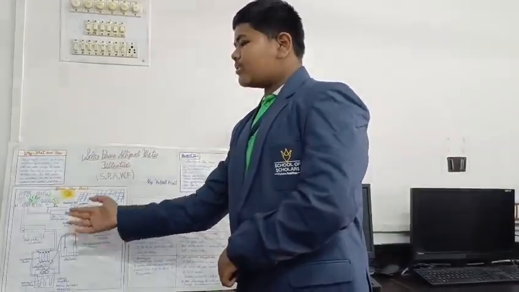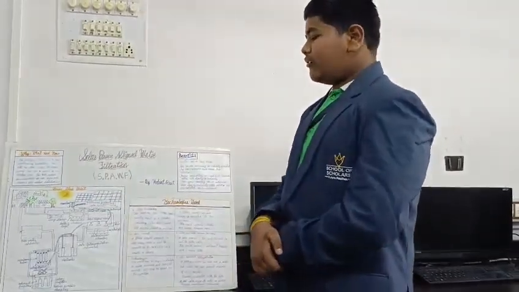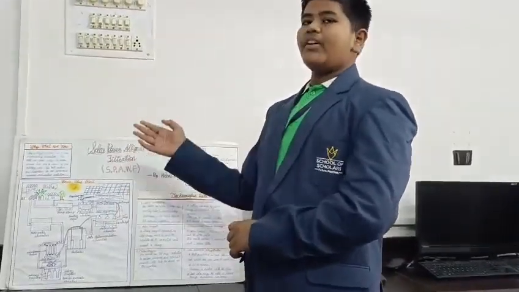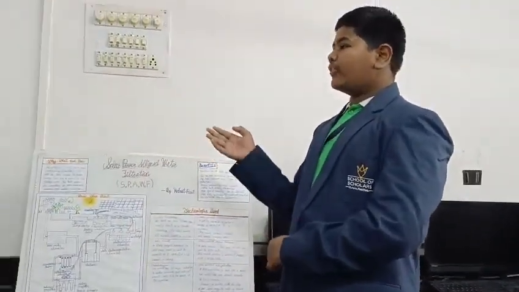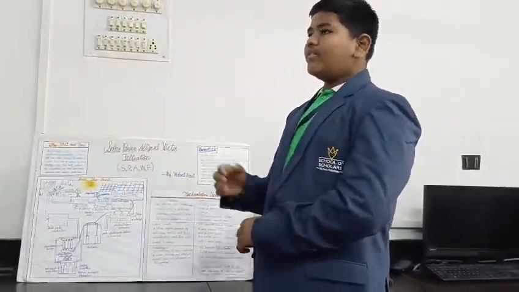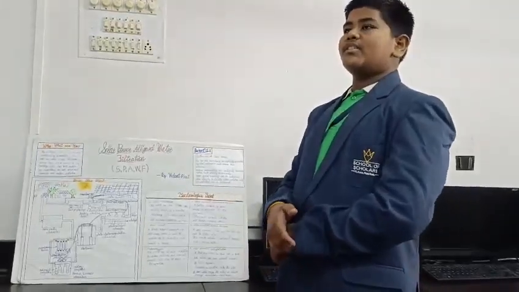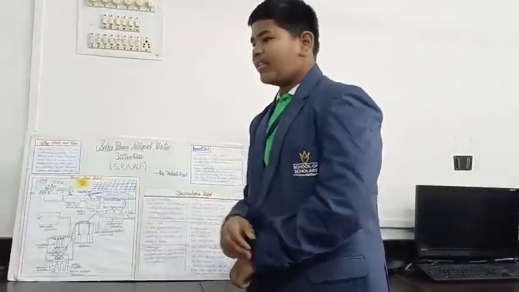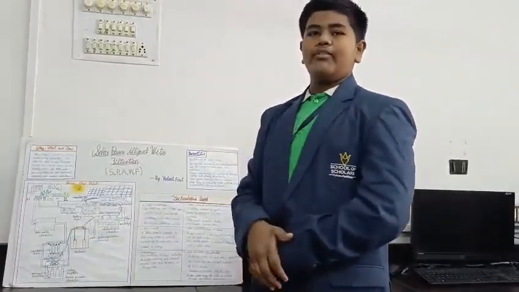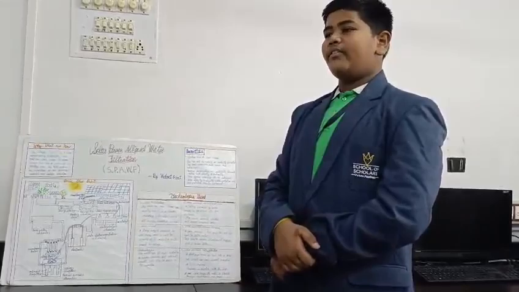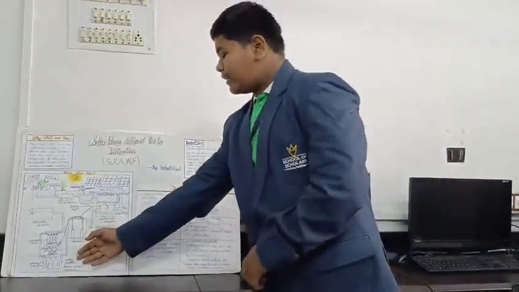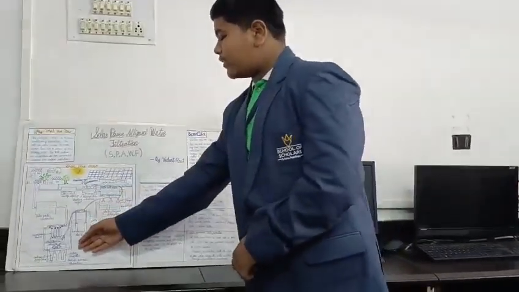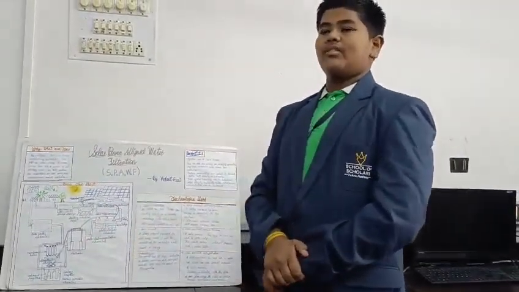Then it will go into the solar electrocoagulation chamber, in which a solar battery will be used to supply electric current with the help of wires to two electrodes, which will remove all the impurities like ions from the sewage. Then there are two very modified, advanced processes of filtration: reverse osmosis and ultrafiltration. The sewage will go into the reverse osmosis chamber.